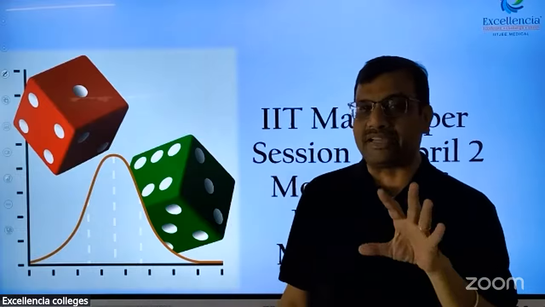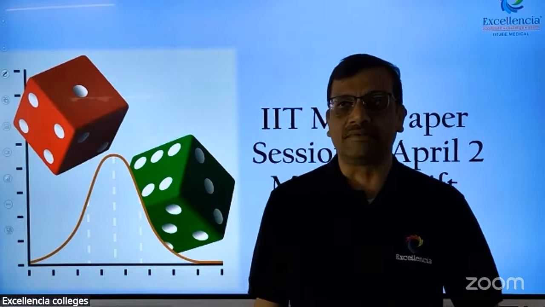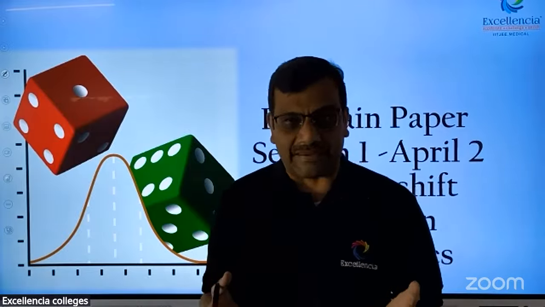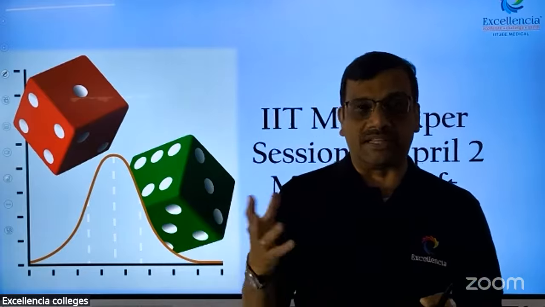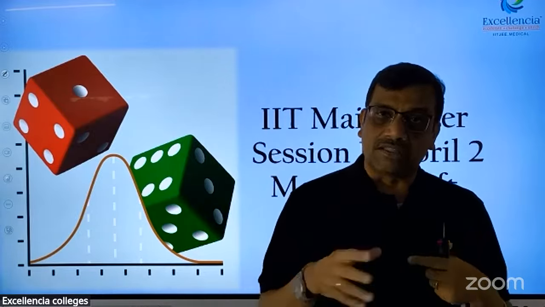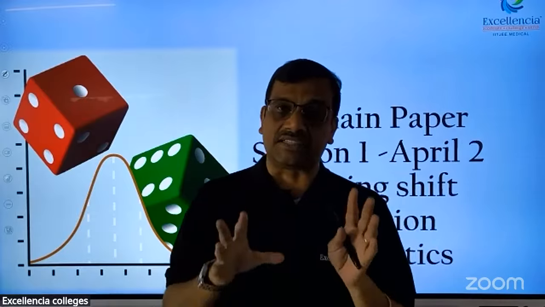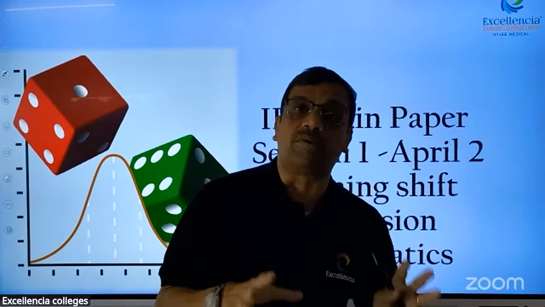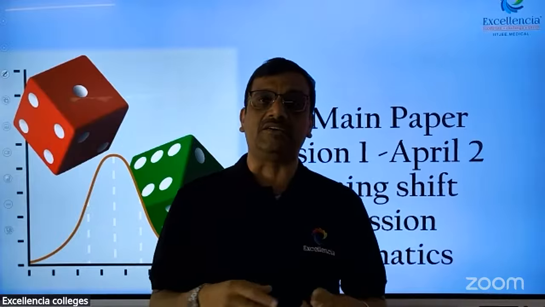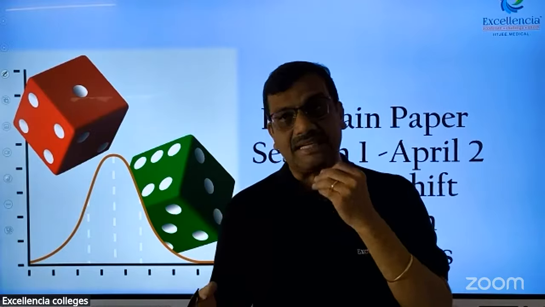So, in mathematics, when you compare the last time to this time, it looked the same. That means it was moderate to lengthy. There were certain questions which were easier. There were certain questions which are doable but lengthy. So ultimately, if somebody asks me how the math paper was, yes, it was doable.